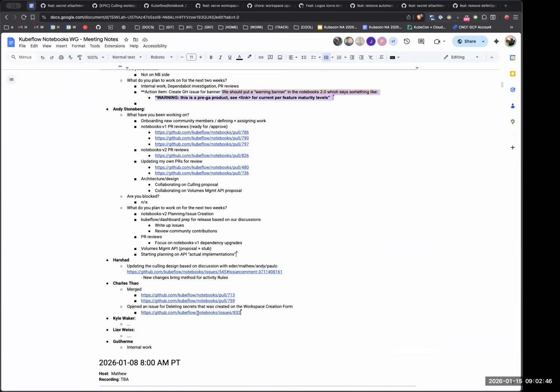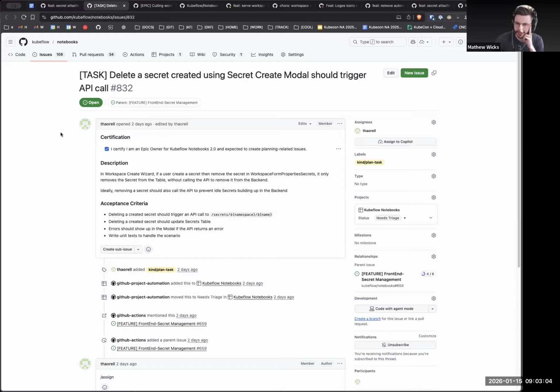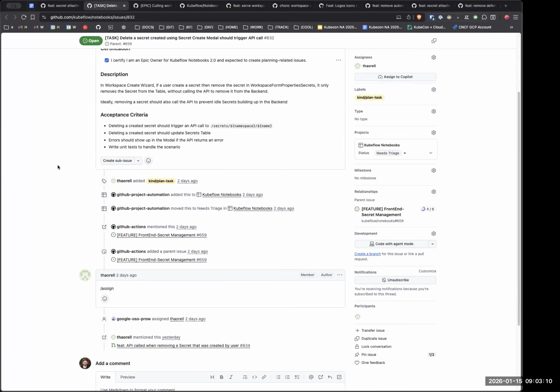I think there was another one that was assigned to a community member. I think his name is Alok, right? And he was assigned to the edit secret. Not sure what's going on with that. Hopefully we have stubs for edit, right? I'm trying to remember. We have stubs for edit. We will only allow edit for a secret that the user just created. We don't allow the user to edit any secret that was attached or created previously, prior to the creation form. Eventually it'll be driven off of a label, but the backend isn't enforcing that right now.